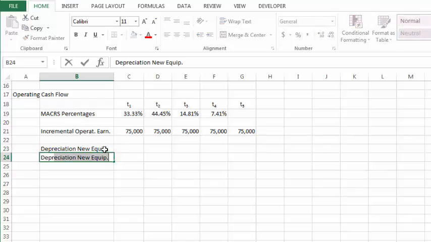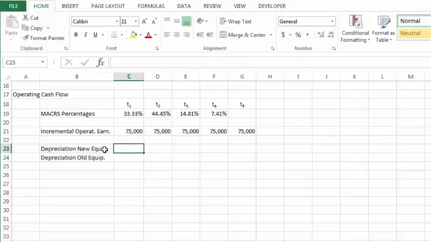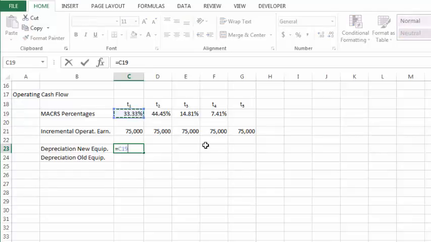Again, we're going to be looking also at the depreciation of the old equipment because we need this to be incremental, and incremental is the change. And we are foregoing depreciating the old equipment. So we're going to be looking at the new equipment and saying equals the percent